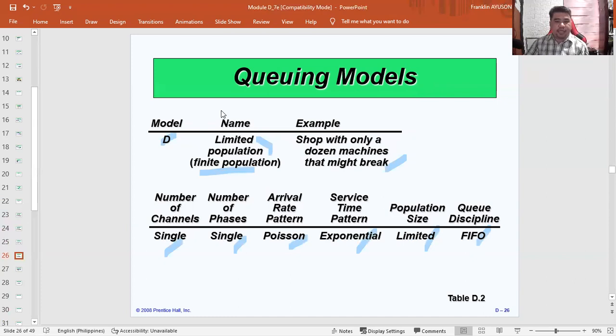Okay? So at this point, we'd like to pause and declare this part as part 1 of the waiting line theory in operations management. Stay tuned for some more discussion and we will be moving forward, okay, to another part,